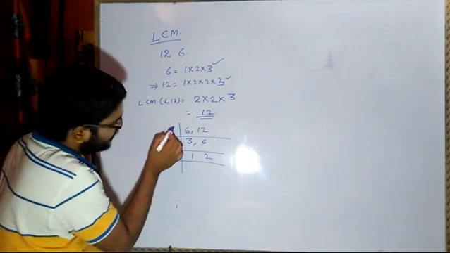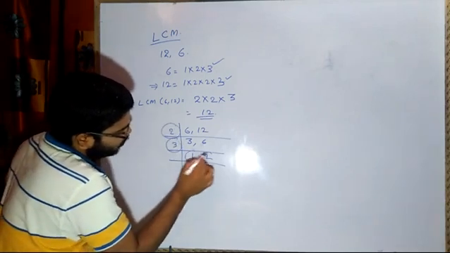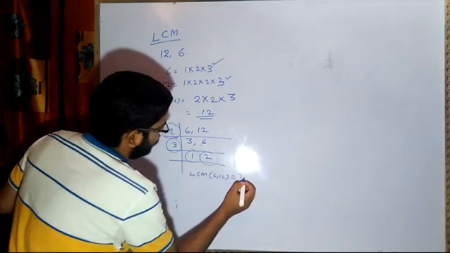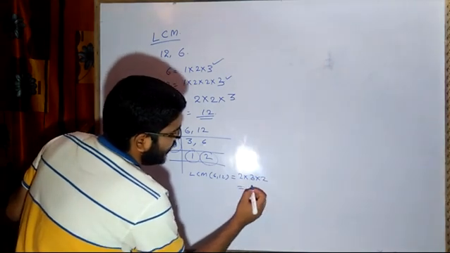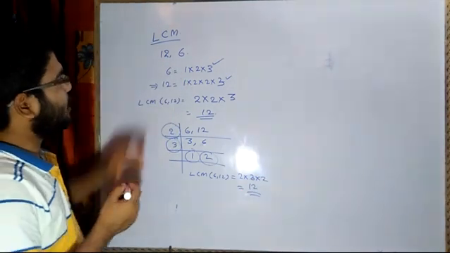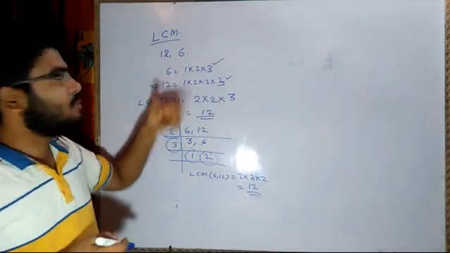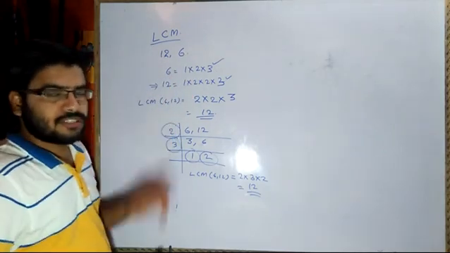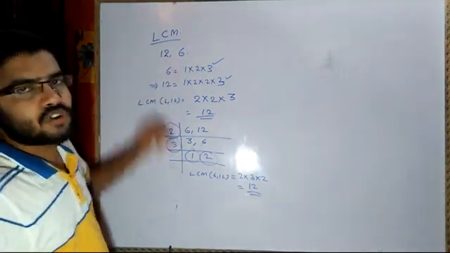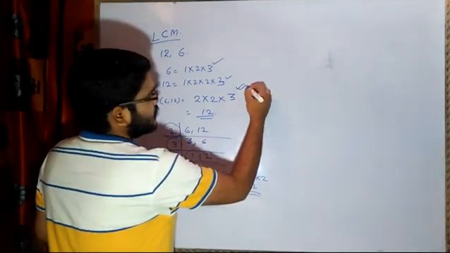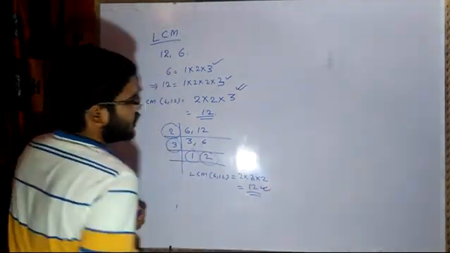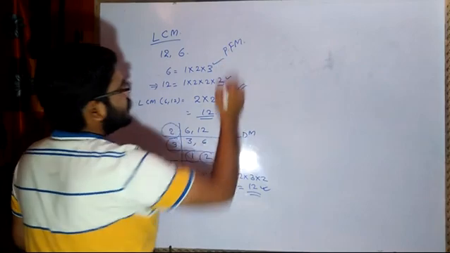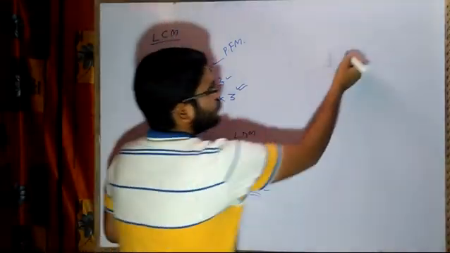Okay, now we will multiply these 4 numbers, and then we will see the LCM of 6 and 12 is equal to 2 into 3 into 2, that means 12. So the least multiple: 12 multiplied by 1 will be 12, 6 multiplied by 2 will be 12. So in the table of 6 I will be getting 12, 6 2s are 12, that is why it is called least common multiple. So this was called the prime factorization method, and this was called the long division method.